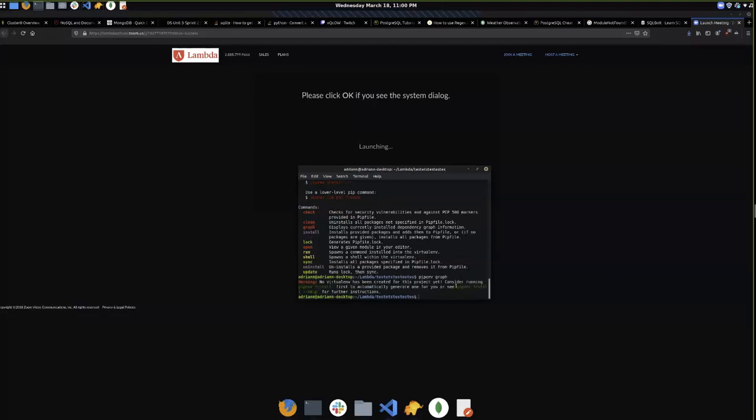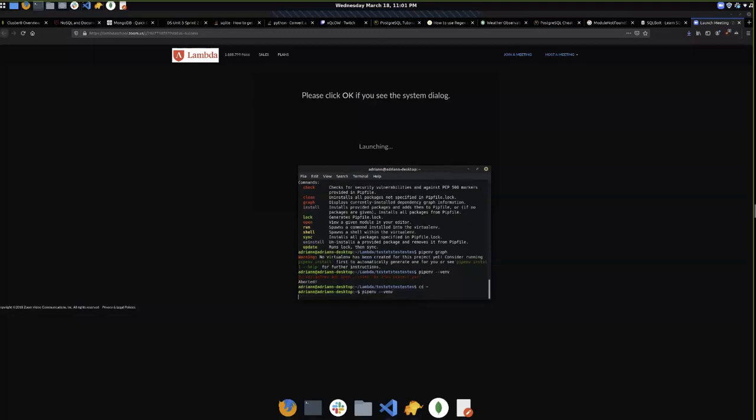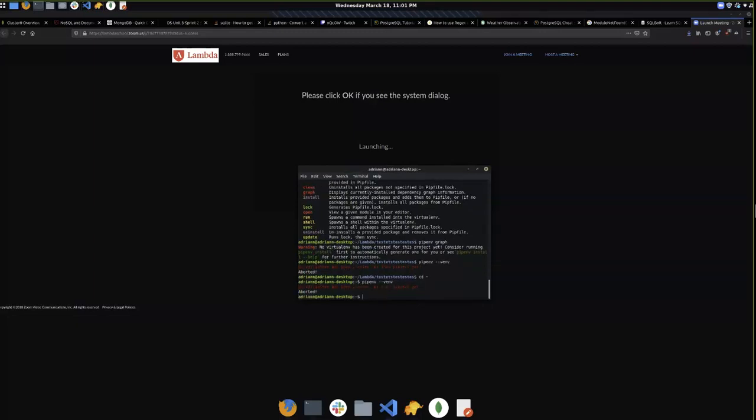What would this do? Graph. This gives you all the... excuse me. Okay, so it's pipenv --venv. It only checks for the directory I'm in. Is that a thing, to check environments for everything, rather than the current directory?